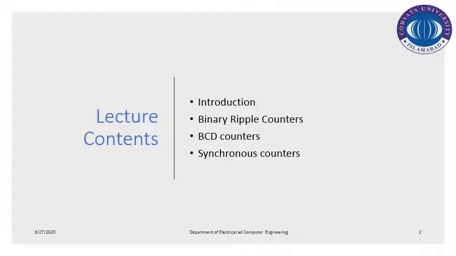In our previous session, we discussed registers, the application of the registers, and the shift registers. We discussed that shift registers are registers that are used to shift the data serially, and we discussed several examples related to them. At the end of the session, we discussed the 4-bit universal shift register that can perform various operations like shift left, shift right, and also parallel load the data to the outputs.